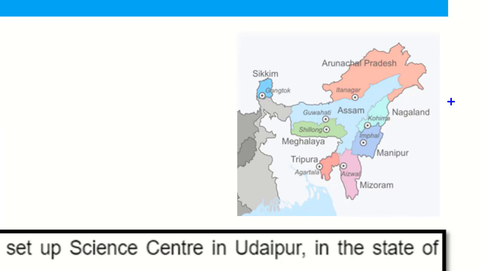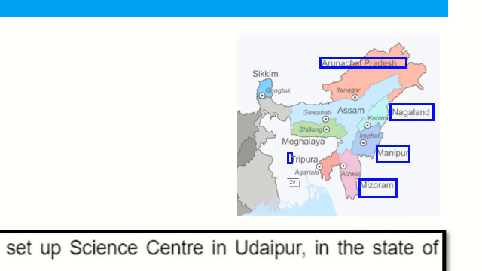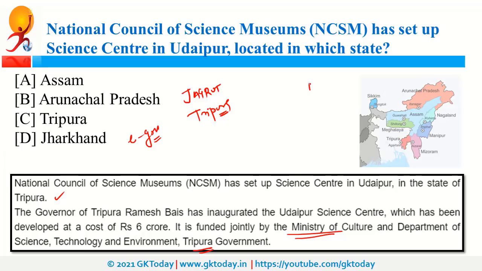Northeast states are very significant from an exam perspective as well. Sometimes the examiner can ask you the location of a specific state. So this is Arunachal Pradesh, capital is Itanagar, this is Nagaland, this is Manipur, this is Mizoram, Tripura, Meghalaya and Assam, and this one is Sikkim. As you can see, 4 states share a border with Myanmar. These 4 states are Arunachal Pradesh,